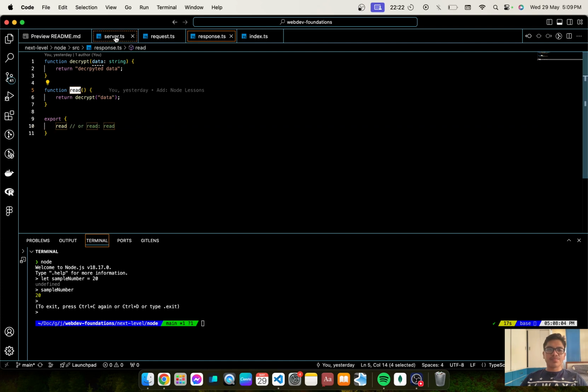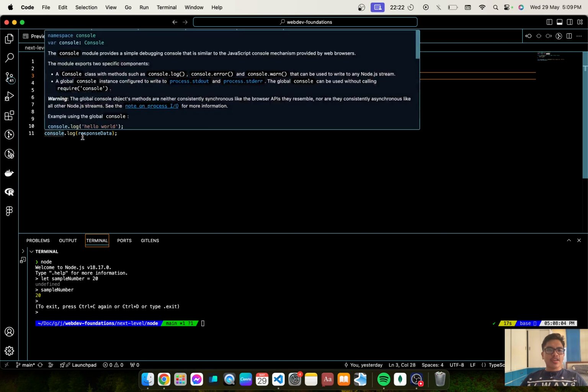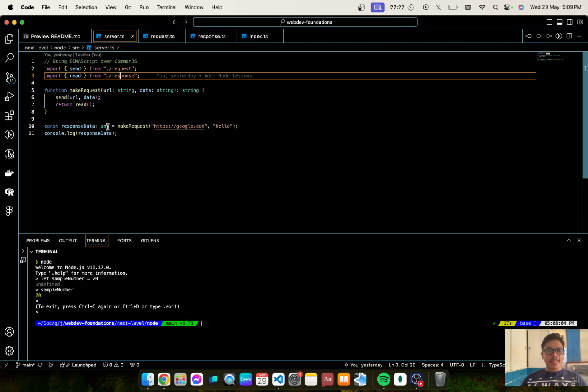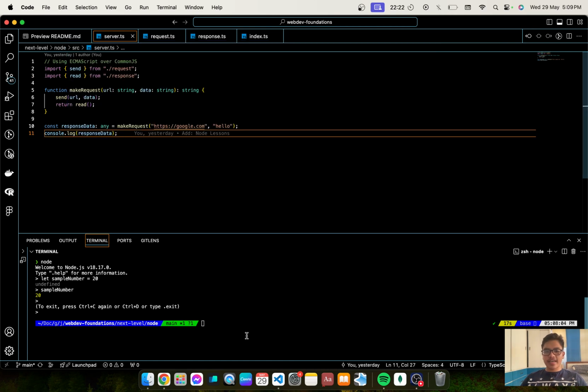Then we have here function makeRequest that accepts two string parameters, url and data, and returns a string. So we call the send function, and it returns the read function, and it probably returns a string. Okay? So here we have const responseData. We type any makeRequest. Then we just simply display the responseData.